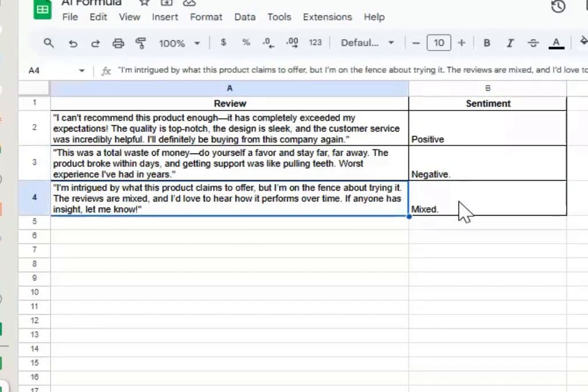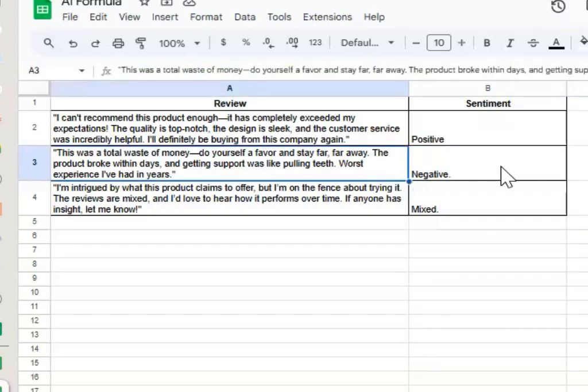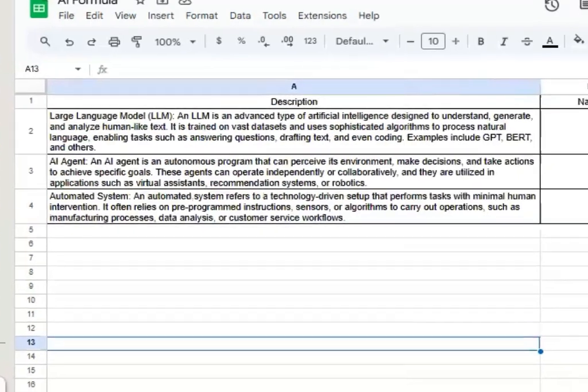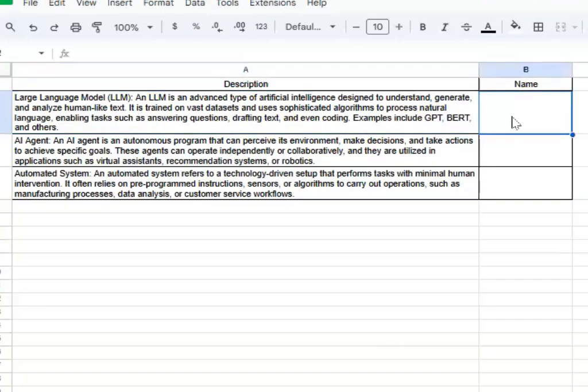So now you can go through, you can have it identify it. You can quickly see which ones, if you want to do the negative ones first and go back and say, sorry you had a bad experience. Now you can have Gemini actually take care of that while you're working on something else. You can come back and it's done for you. But now, what if you have a lot of information that you do not have time anytime soon to review? This could be anything from feedback, it could be a survey, it could be anything. And so now we're going to go enter AI,